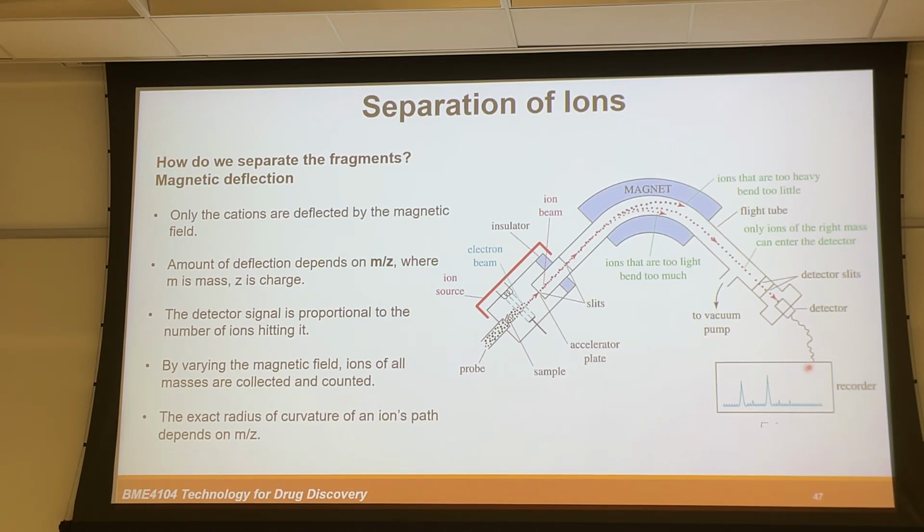On the x-axis is the M to Z ratio, and on the y-axis is the abundance of the segments. The more easily it breaks in a certain way, the higher the abundance we will see for that segment, for that M to Z ratio. All right, does it make sense? So you can see the shape of this spectrum, or the profile of those peaks, can really tell us which one is the easiest one to break, what's the most stable segment, and that actually tells us a lot about